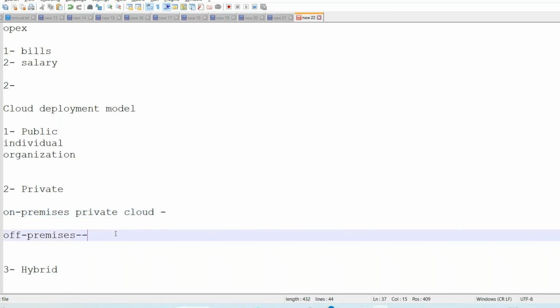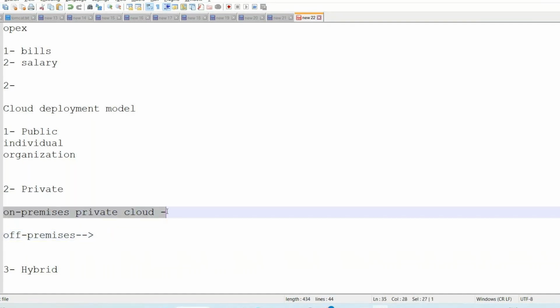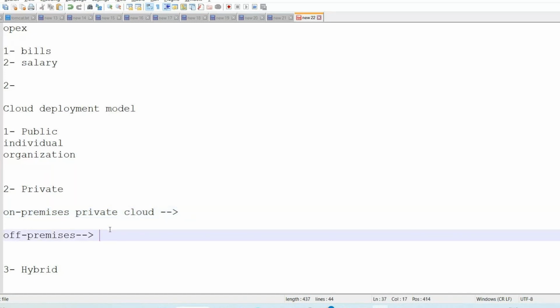Now team, there is something called off-premises private cloud. The minor difference between on-premises and off-premises private cloud is that in on-premises private cloud, you have all the hardware, all these things on your premises, right? But in off-premises, you are just having a virtual private cloud, but not in your premises. Cool team. Like you are using AWS, Azure, and GCP. For example,